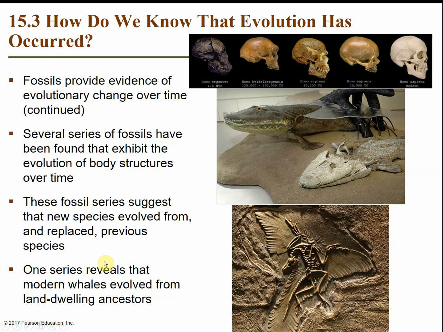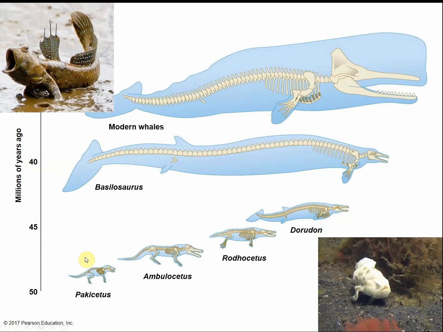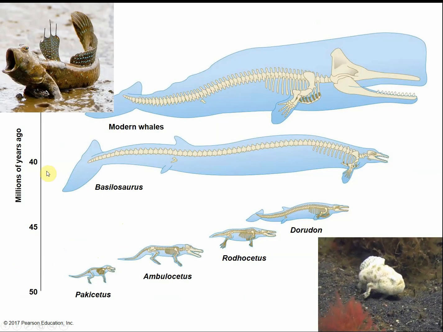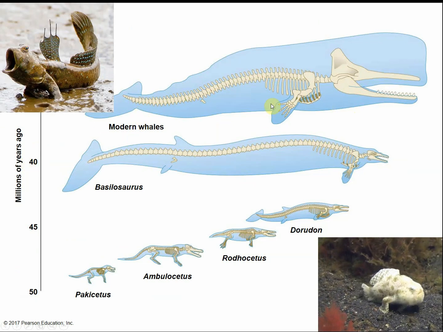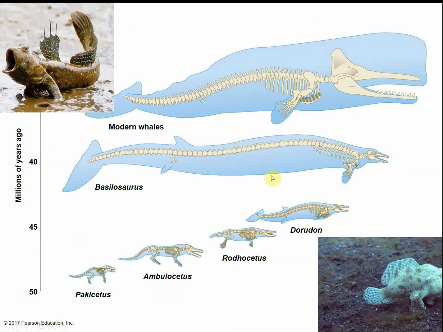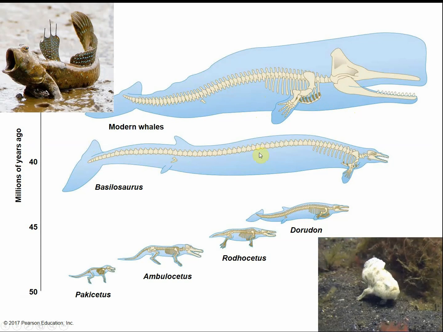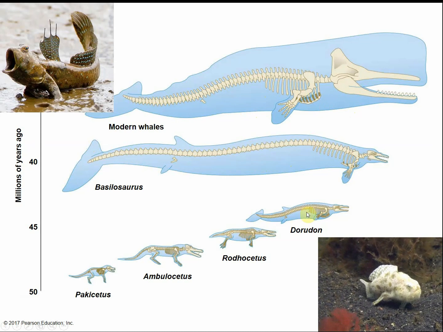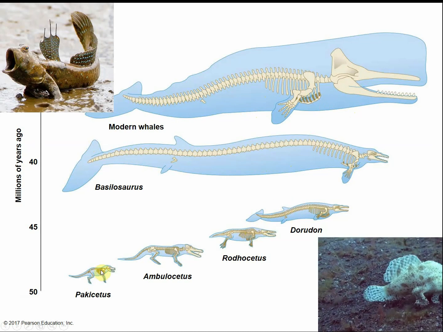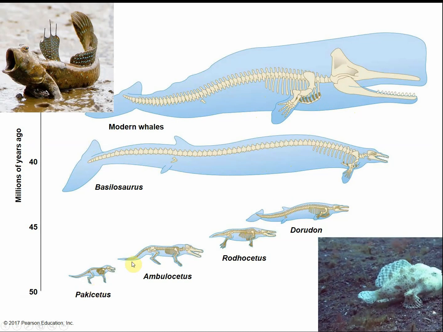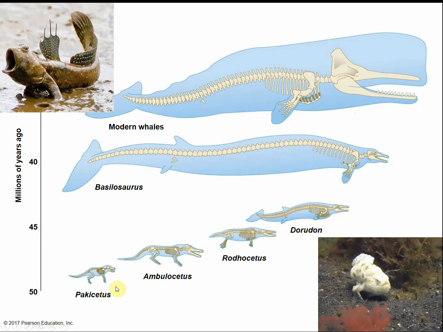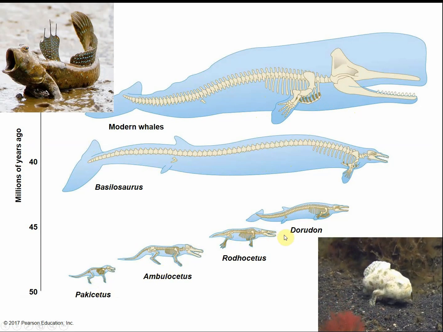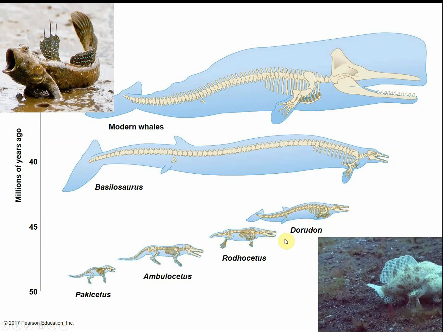Another evolutionary series reveals modern whales that we know have evolved from once land-living ancestors. So this is tracing back millions of years. We have modern whales that we have today, that originated from a very similar whale-like organism. I mean, not quite like a whale, right? But then we go back further and further, and we can trace this progression, and see when it transitioned from living on land with 4 legs to a more aquatic habitat.